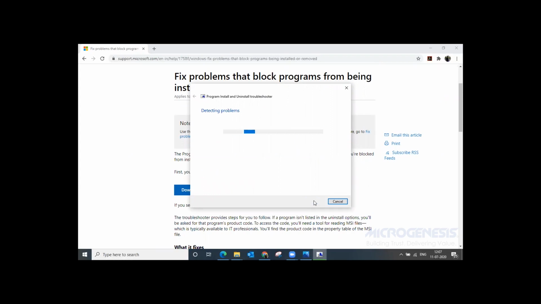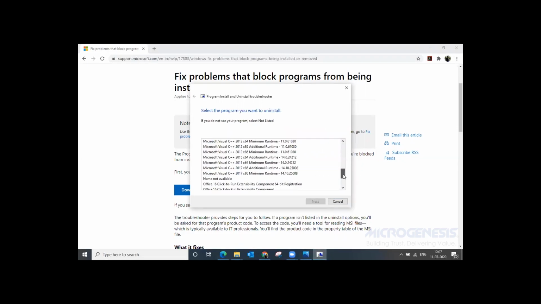Here click on next. Now it is detecting whether some products failed to uninstall or not. I mean, it is detecting whether some products are properly uninstalled or not. If they are not uninstalled properly, then those products will be completely uninstalled by this tool, and it will help us to remove the bug.